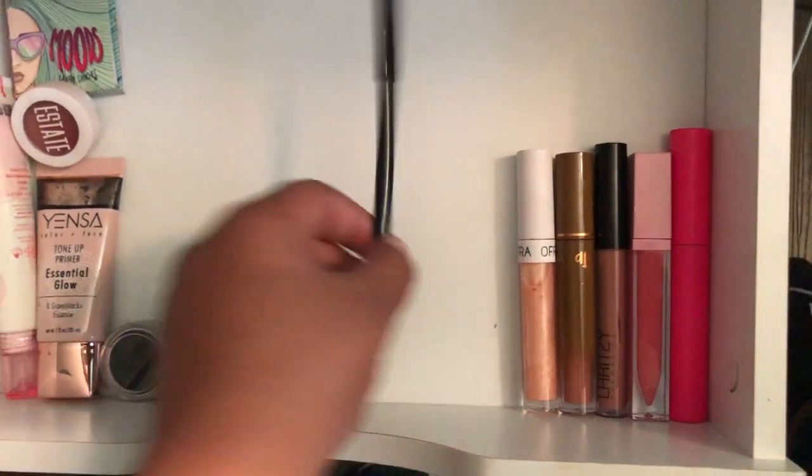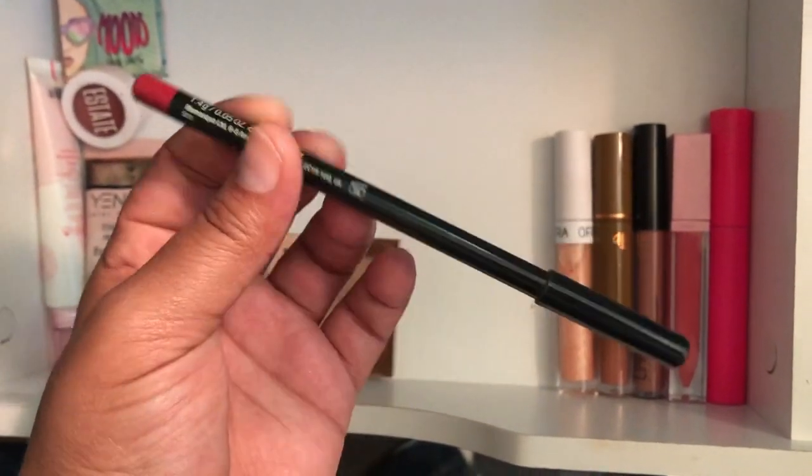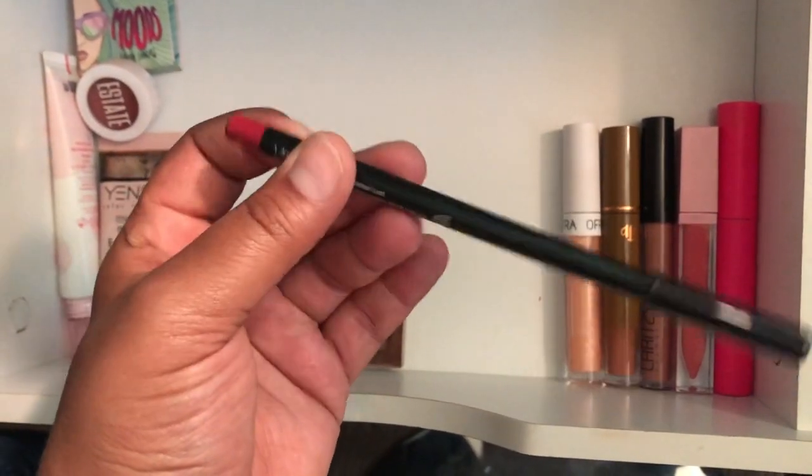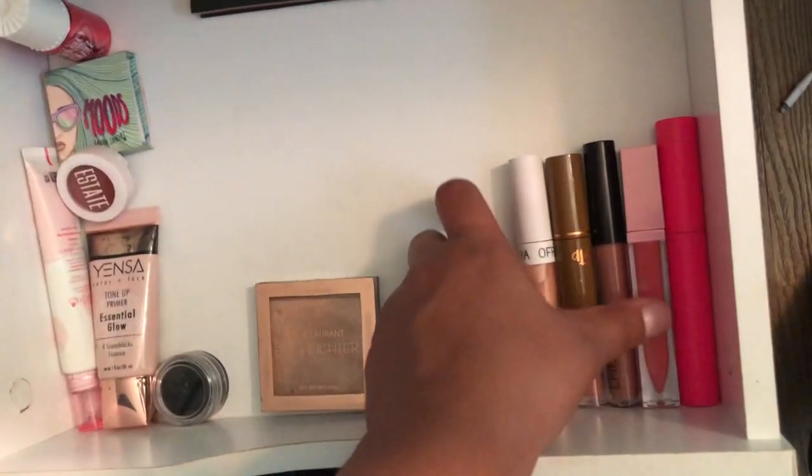And this is, I do want to use this lip liner. This is the Illamasqua lip liner in the shade Lust. It's a red. I want to use it, get some use out of it. See if I wear it. We'll see if I wear it, actually. And then we're going to pull,